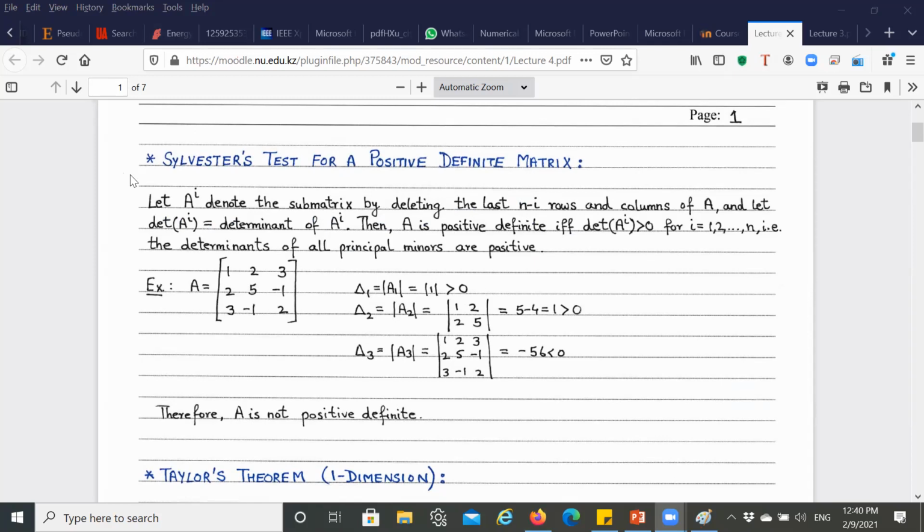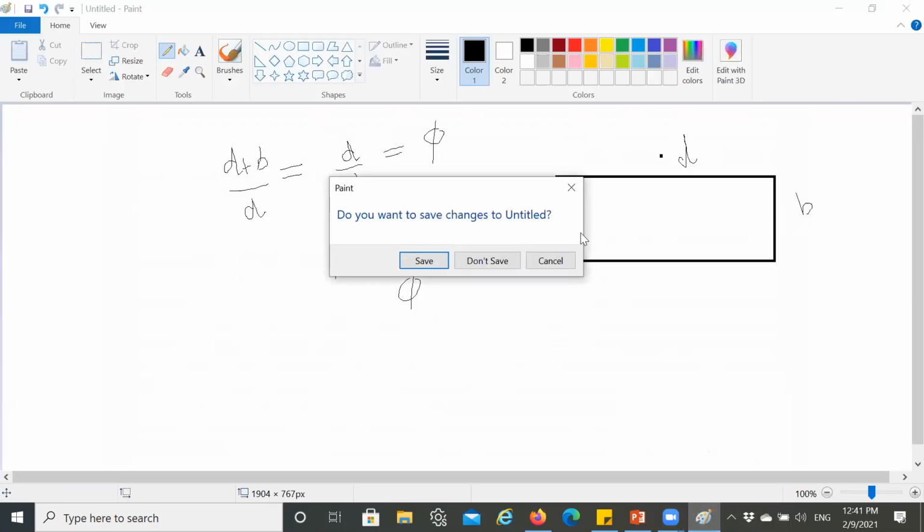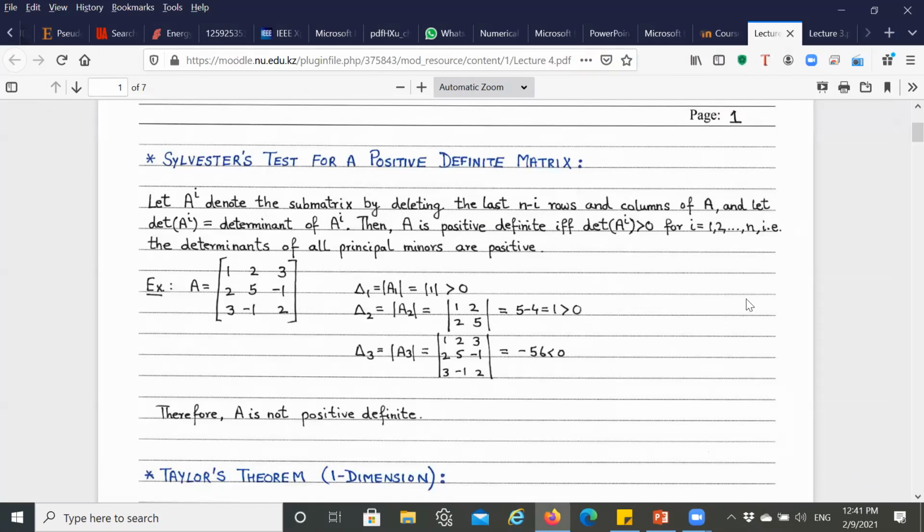So what was the definition of positive definite? I'm going to ask someone. Let's see. Yerasil, could you please explain to me what is positive definite? When do I say a matrix is positive definite or not? Well, it was in your quiz also, I believe, or homework. I think it was in tutorial or something like that. Okay, tell me what is that? A matrix is said to be positive definite when